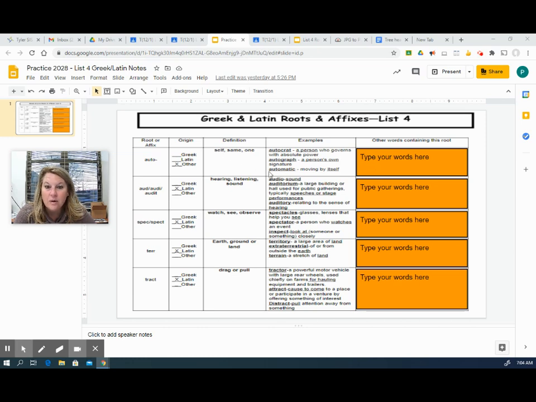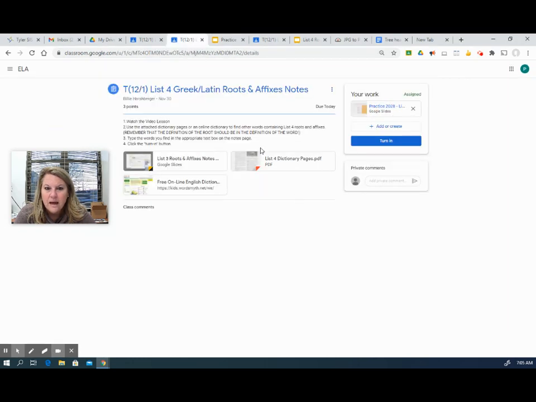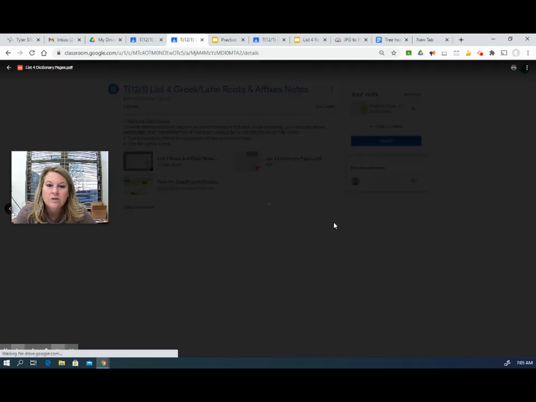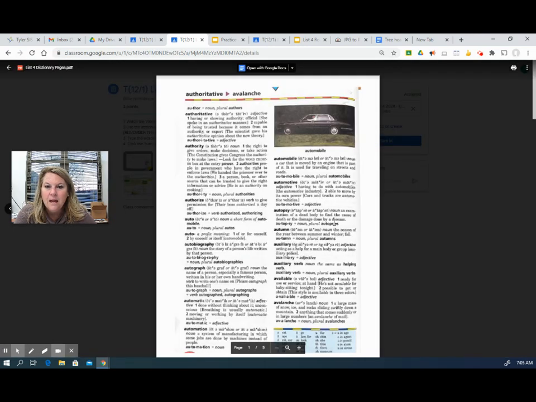The next thing that we're going to do is look for other words outside of these example words that also contain this root. So it gives us a little practice of looking for those letters, but then also checking the definition of the word to see if the definition of the root is there. We're going to do this by going back out to the assignment, and I've attached some dictionary pages for you to do this with. So we're going to click here, and we start out with the guide words authoritative and